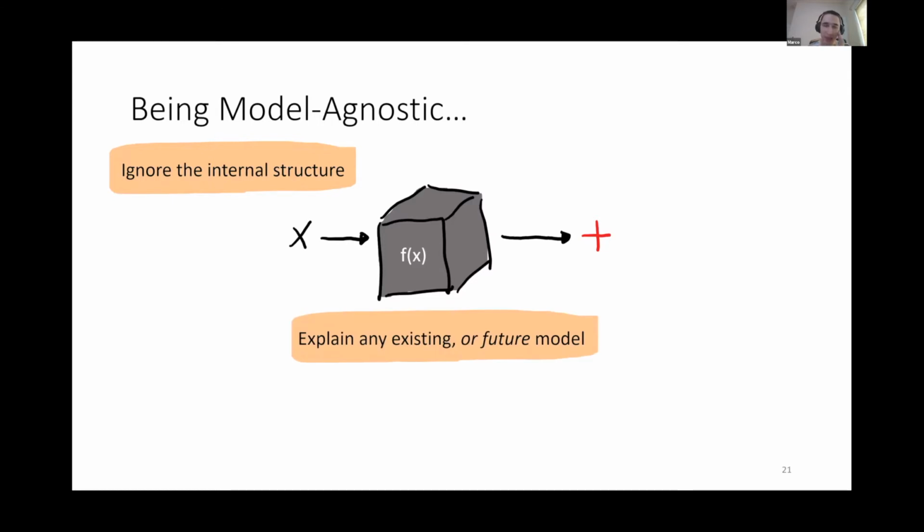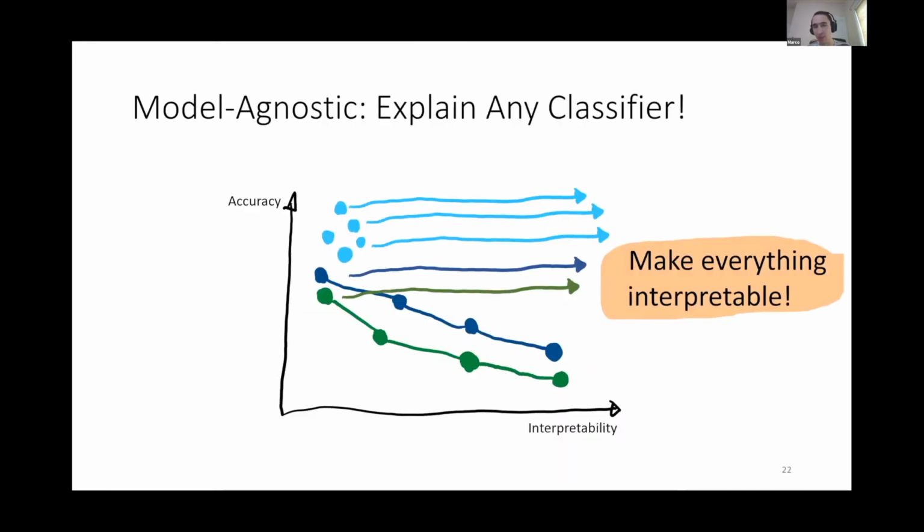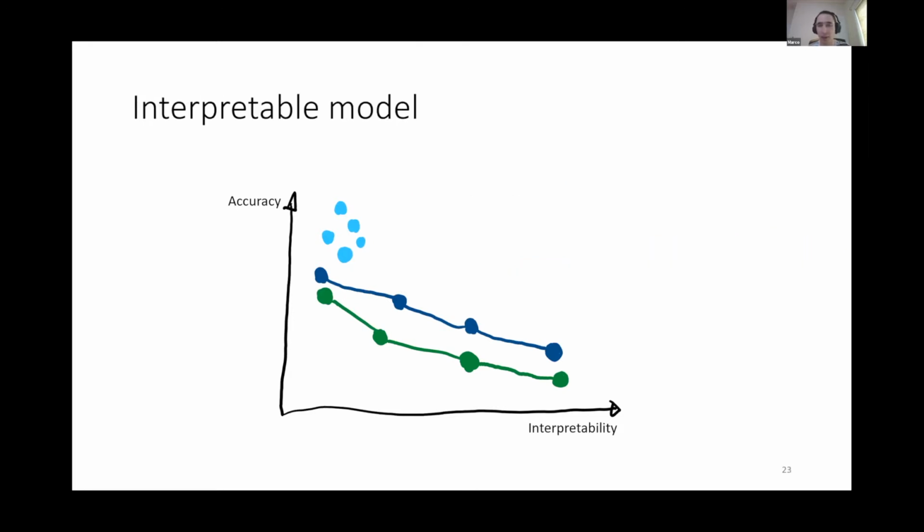So as I said, we can explain any future models, any existing models, and we can compare models and so on. So this is good. This is saying let's shift everything to the right, which has its benefits. However, interpretable model